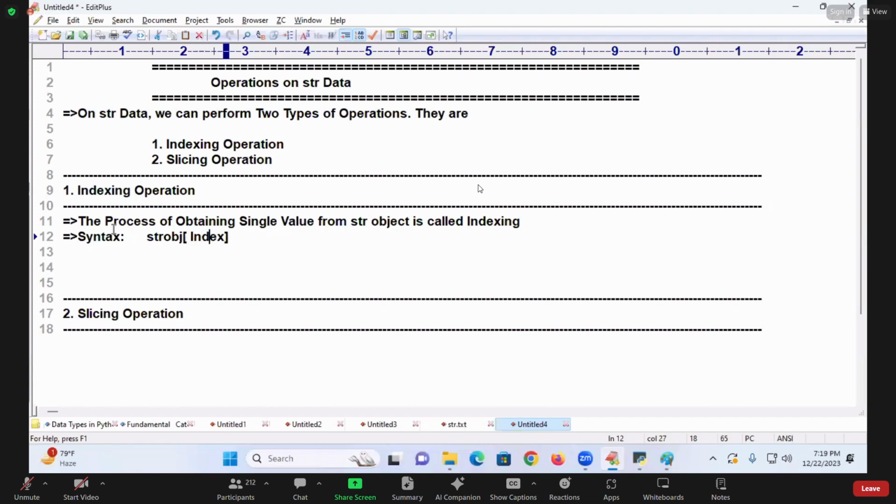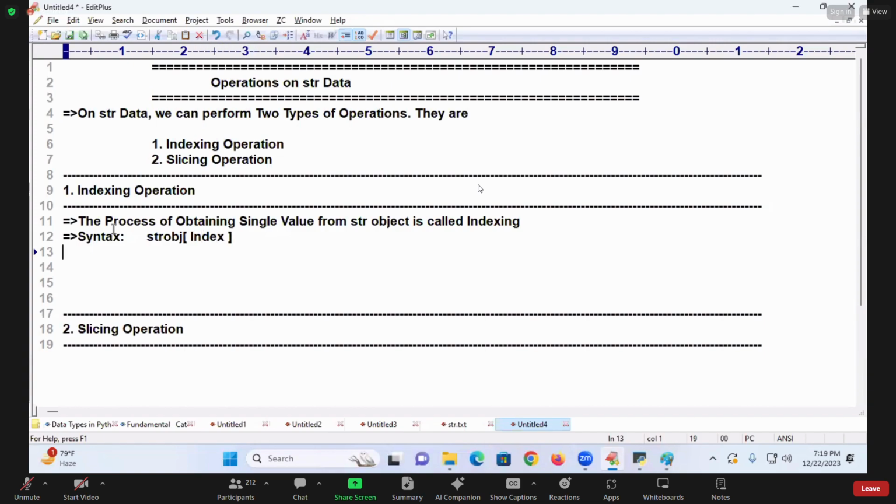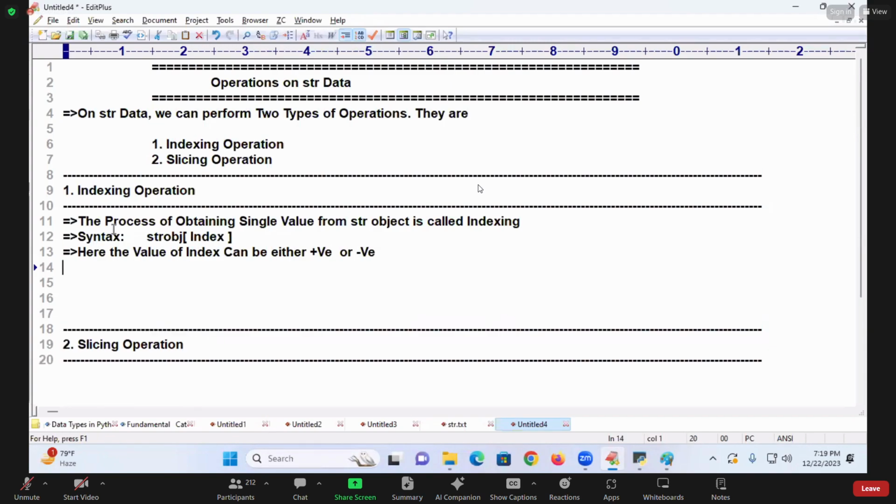str object, what are you writing? Index. Here I am writing the value of index. It can be either what? Positive or what? Negative. Either positive or negative. If we enter